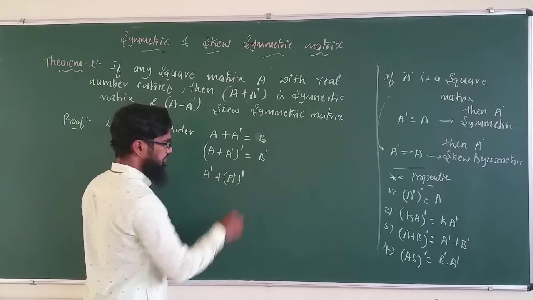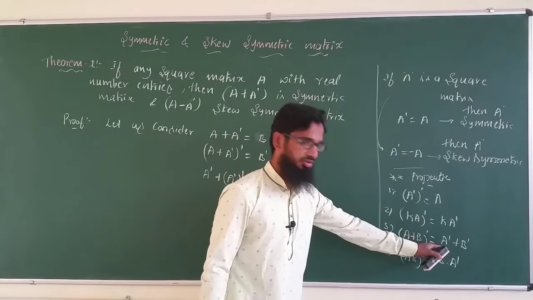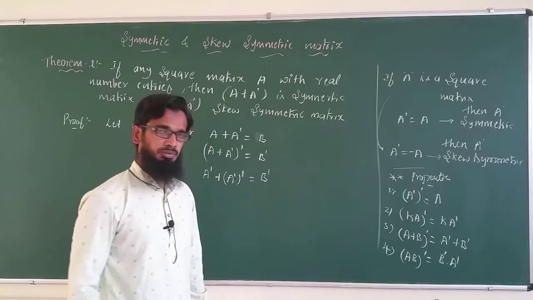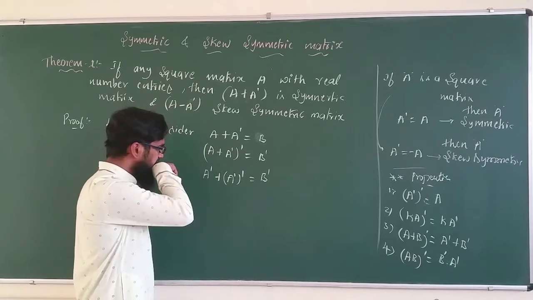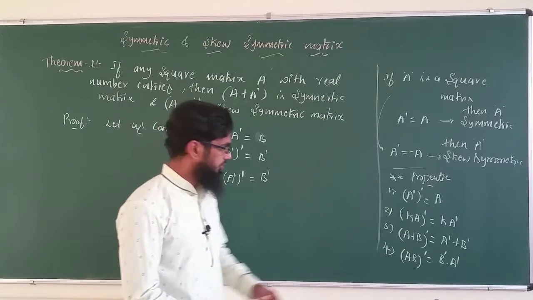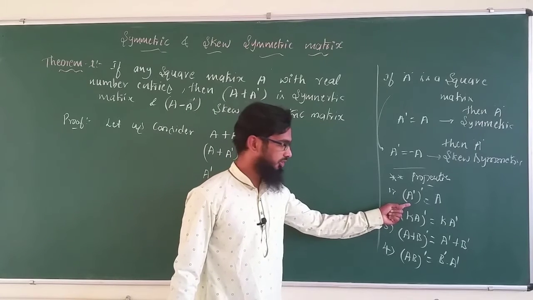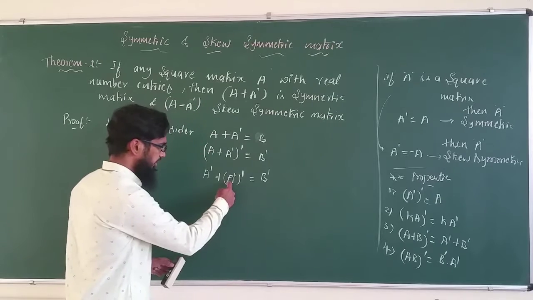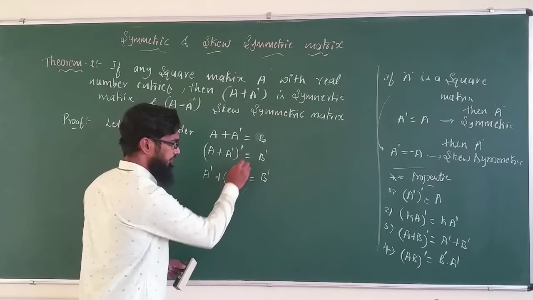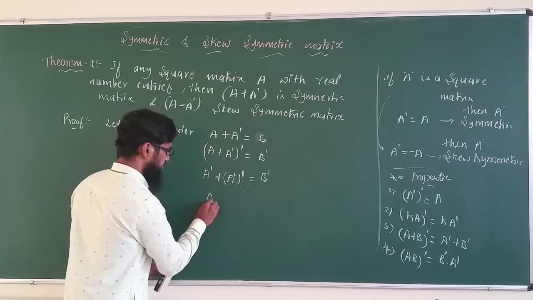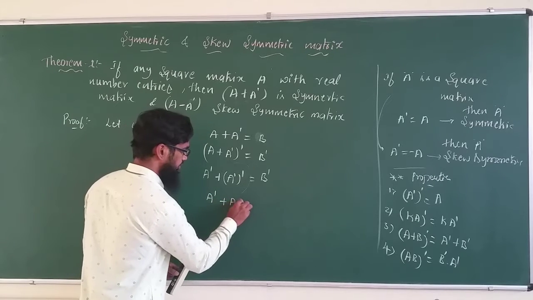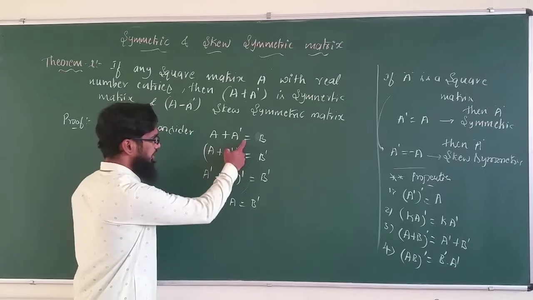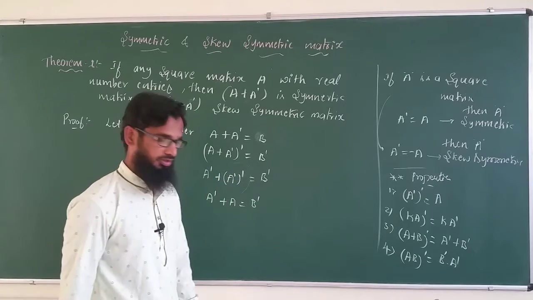Now the whole transpose we have to take. If I just apply the third property here, that is given by B transpose. Now let us simplify one more step here. You just see the first property: transpose of A transpose is A itself. So I can write this entire term as A itself. So A transpose plus A is equal to, finally, B transpose. Okay, so we have got B as well as B dash.